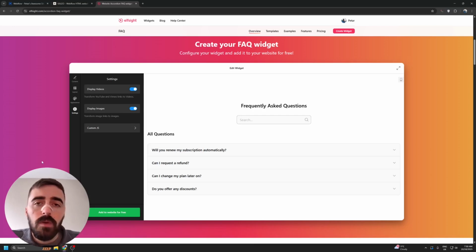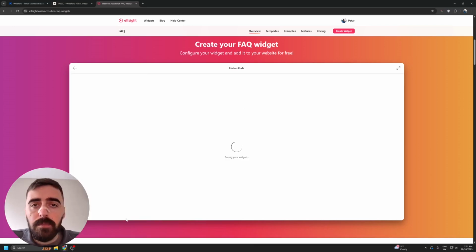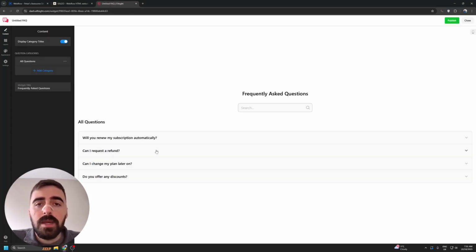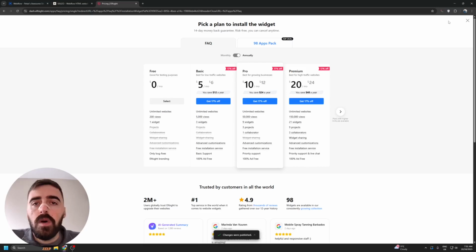But once you're ready to move forward, go ahead and click on add to website for free in the bottom left corner of the screen, and then your widget will be saved. Bear in mind, you can always come back in the future and make any small tweaks to the widget itself. You never have to start from scratch once this is ready. From here, click on publish in the top right corner of the screen,